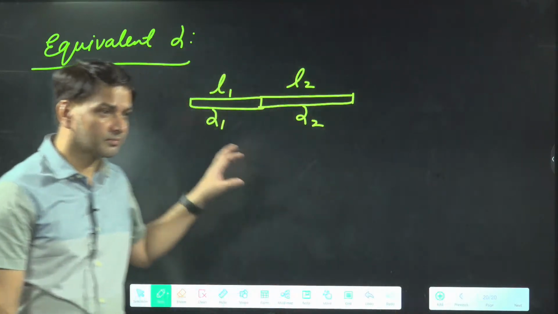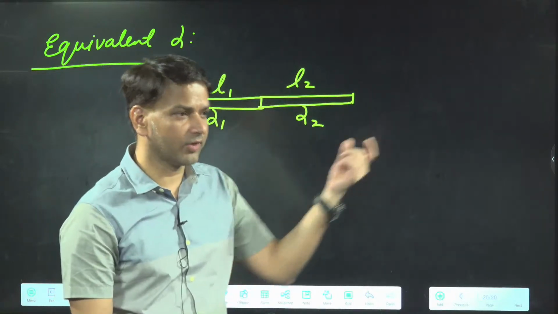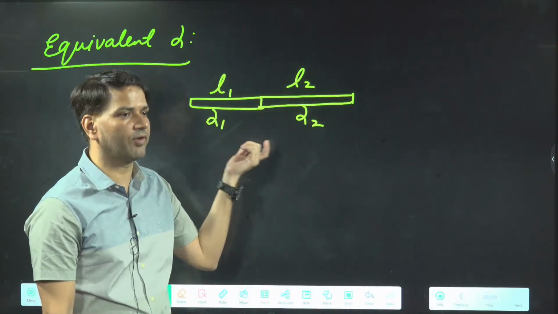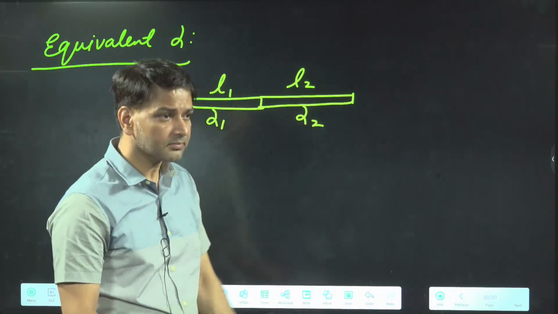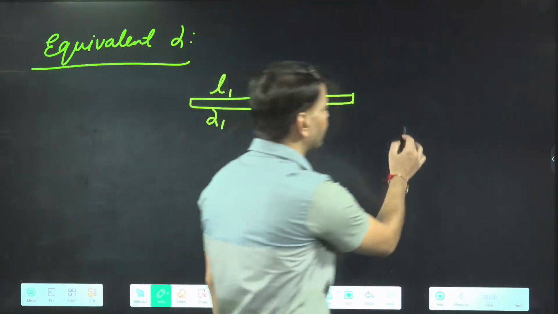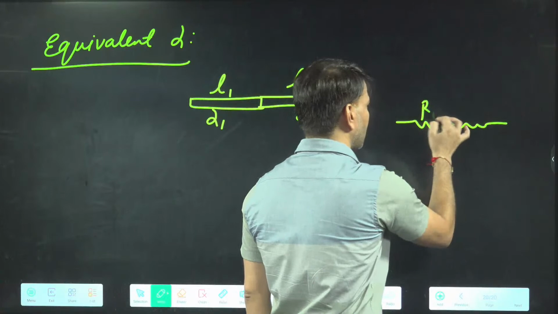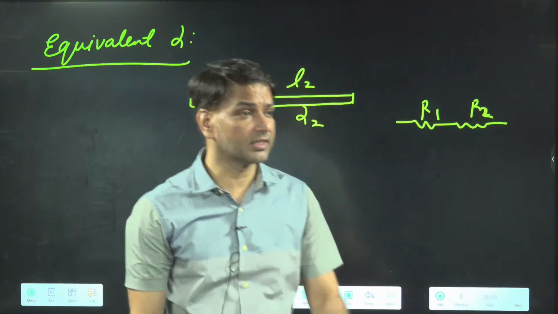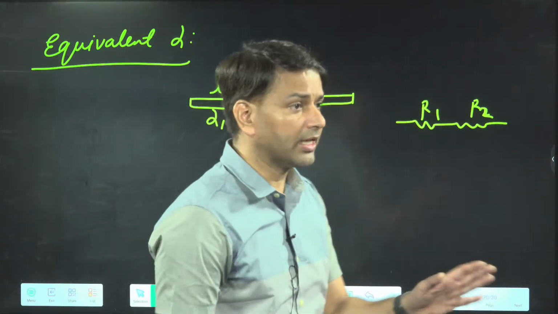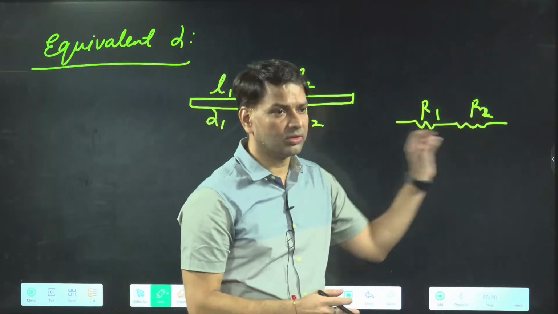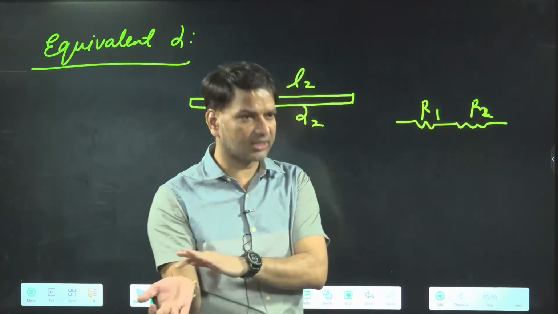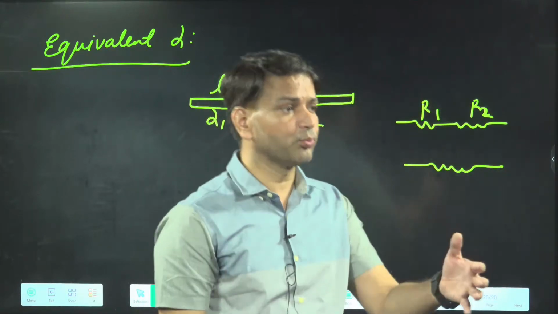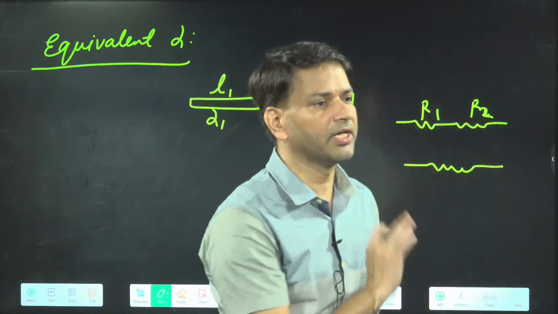Suppose I am using two composite rods. One rod has length L1, the other rod has length L2, and they are made of different material. One has coefficient alpha 1, the other has coefficient alpha 2. Like the equivalent resistance concept, if I have two resistances R1, R2 connected in series, we say the equivalent resistance in series combination is R1 plus R2. It means if I replace these two resistances by a single resistance,